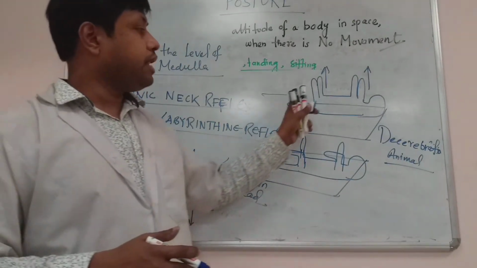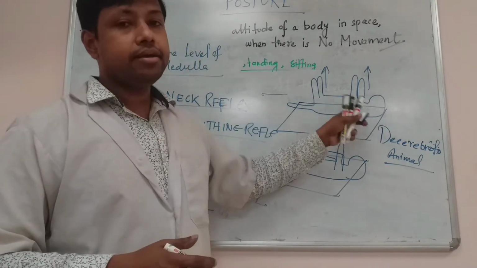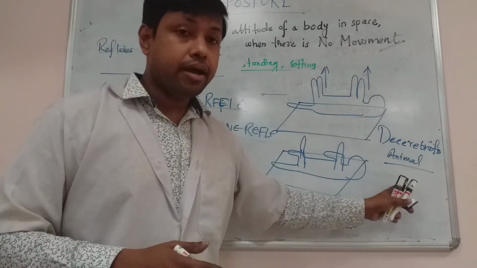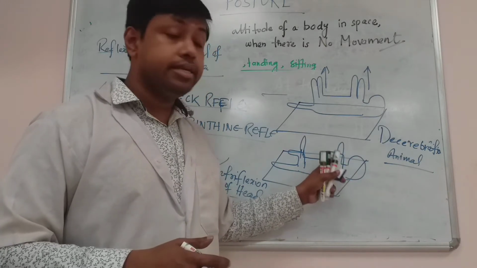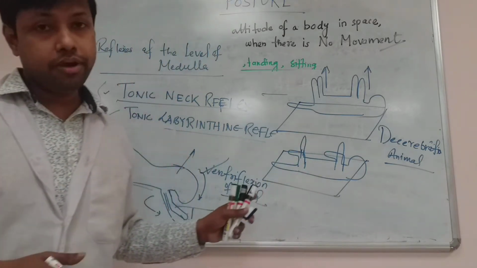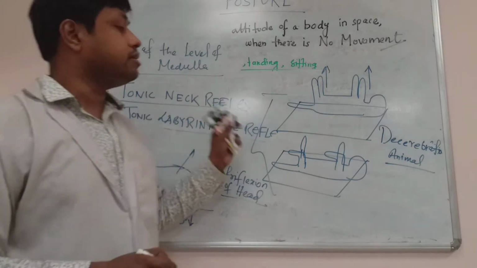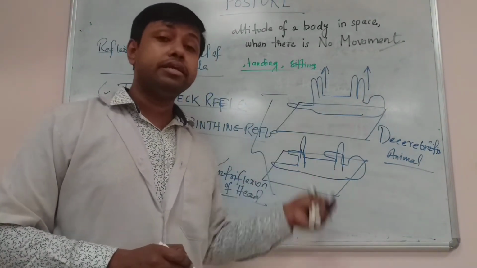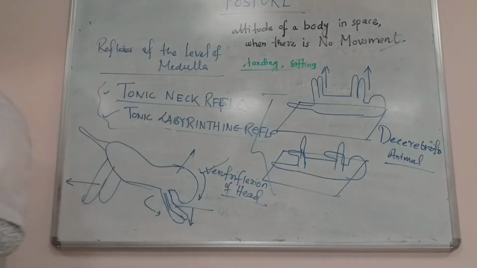So again, I am telling you, if you let the decerebrate animal lie on a surface, on its back, all the legs will be extended in an upward direction, and in case there is a vestibular lesion, the limbs of the side where there is a vestibular lesion will show flexion. Okay, so these are the two pictures showing the tonic Leber-Enden reflex. This proves that the vestibular apparatus of the midbrain plays an important role in maintenance of these various types of reflexes.